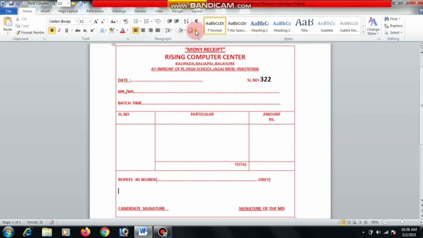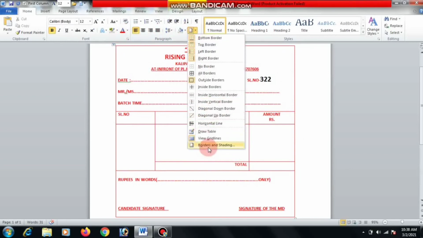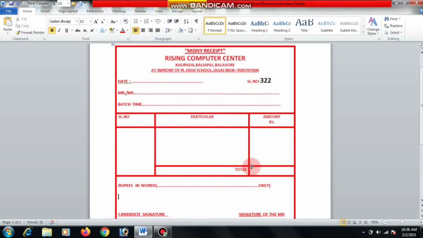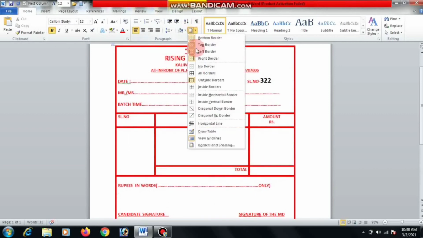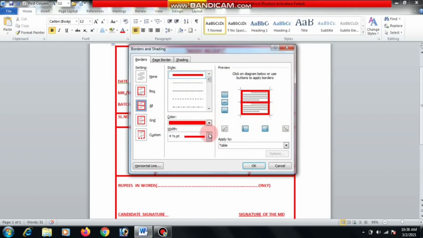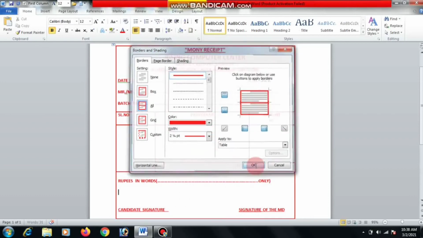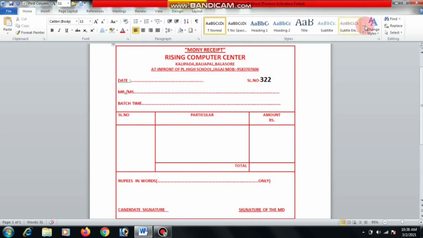This is the border option. You can also change to a different border style or border design. This is the format of the money receipt. Okay.